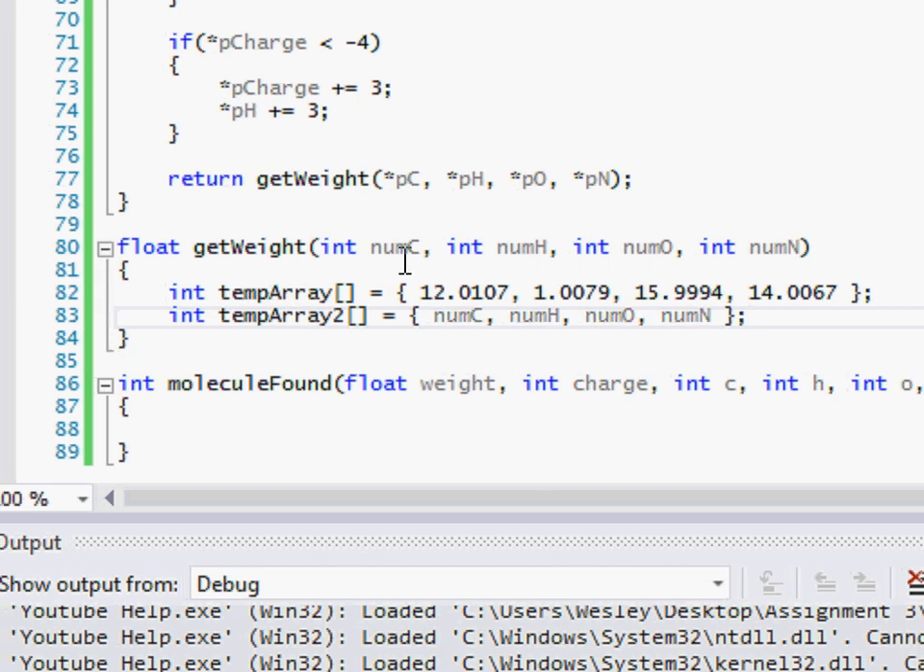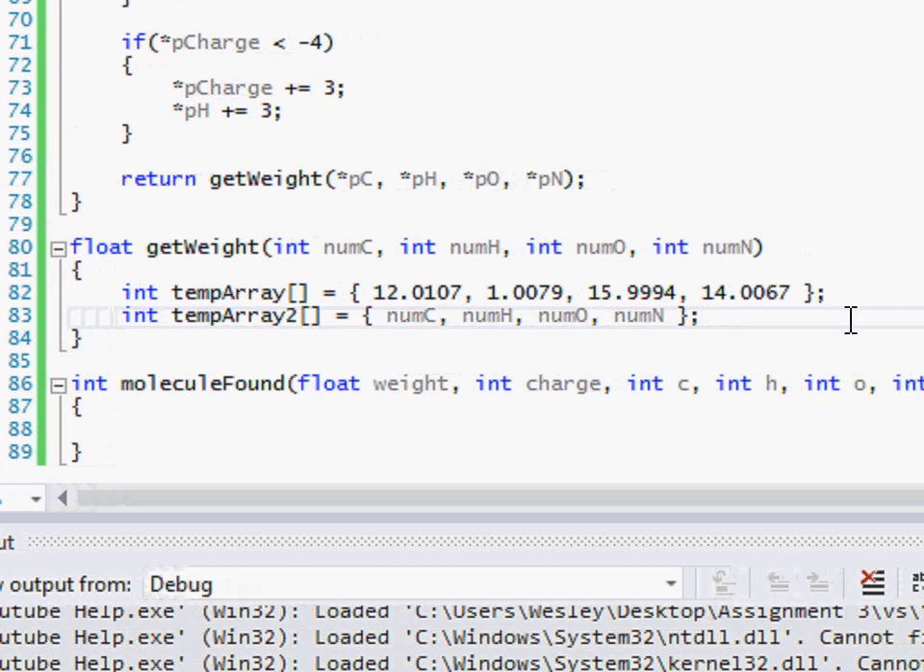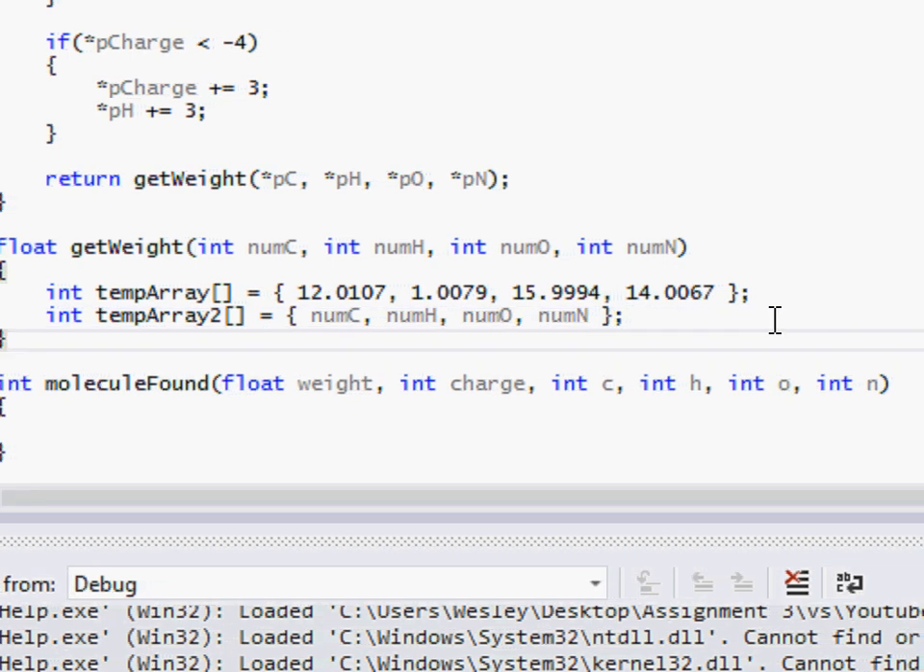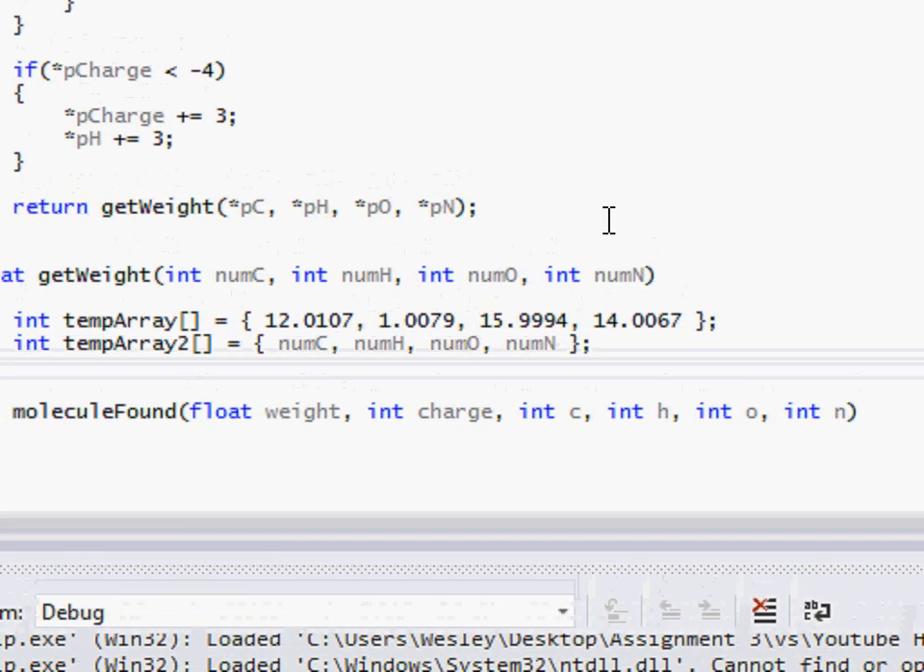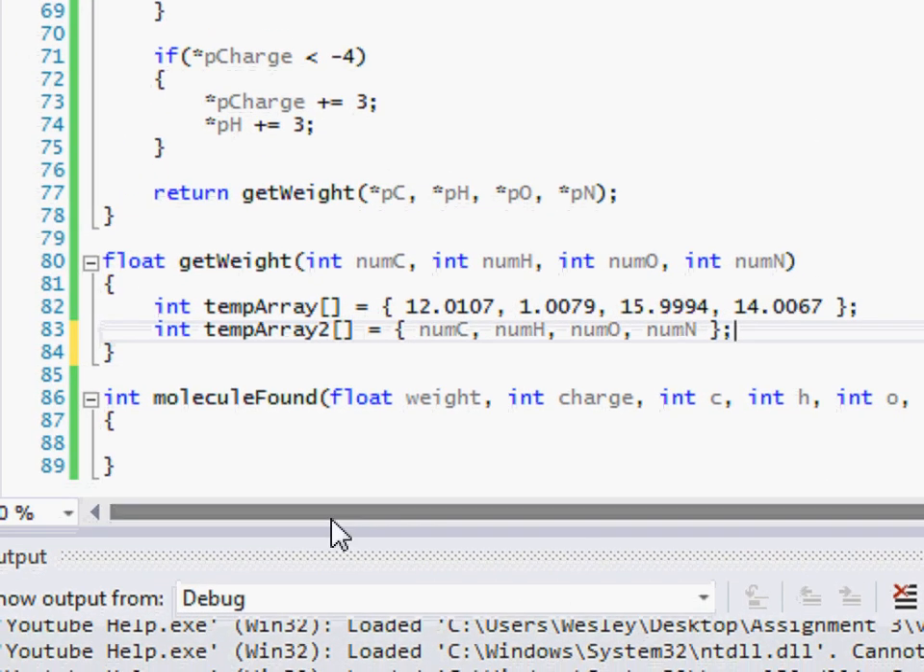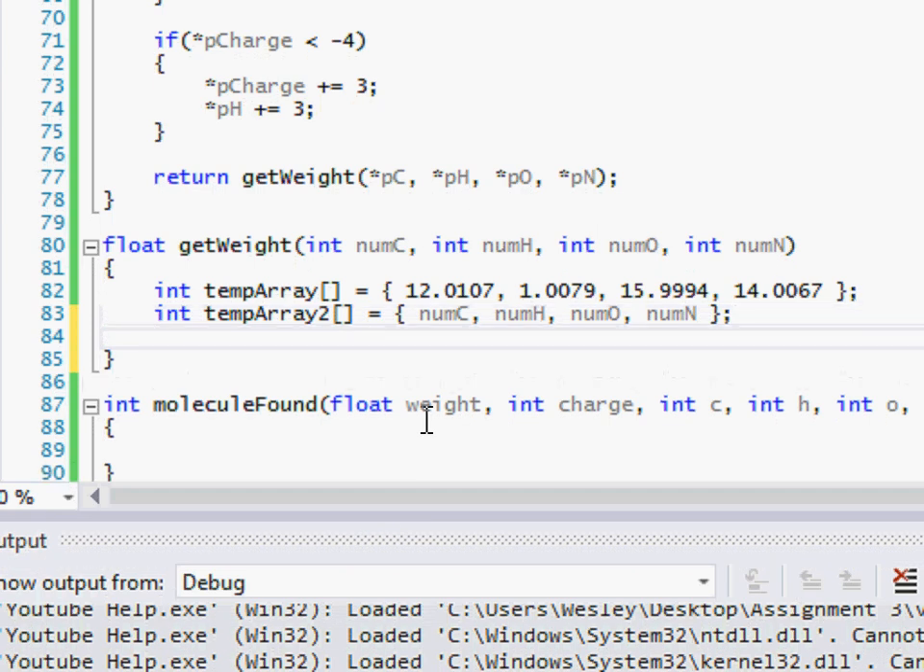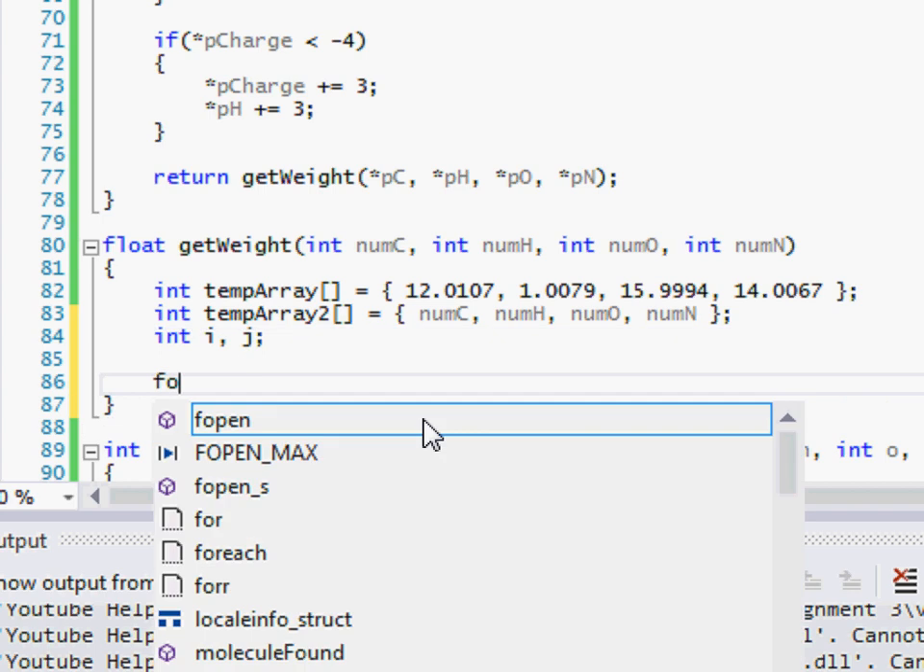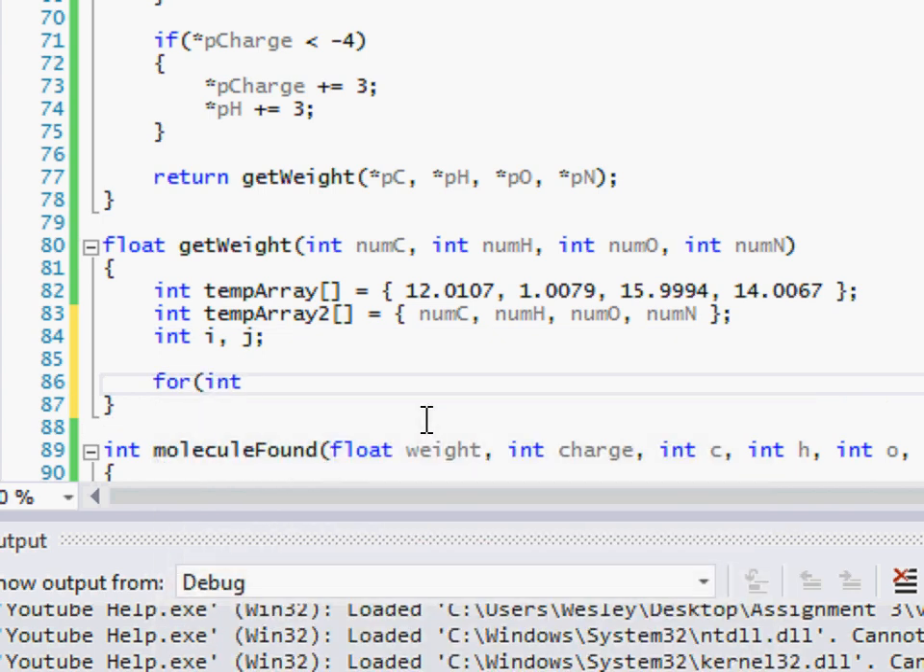Now these are the same as the parameters right here. So what we're gonna do is, this might confuse you, and I hope it doesn't, but it very well might, but I will try and explain it. So we're gonna have a regular for loop and a nested for loop. Okay, so I'm gonna say i is less than 4, i plus plus,